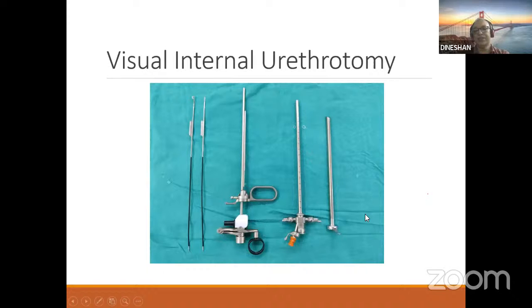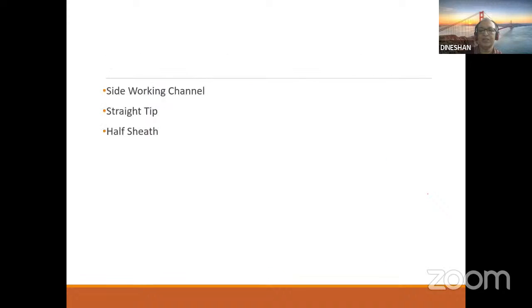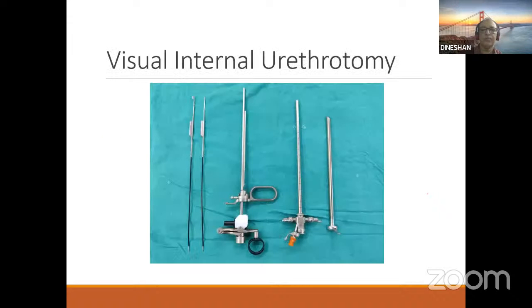The advantage of the half sheath is that once you cut the stricture and take the whole scope out, sometimes your catheter may not go inside because the urethra, the stricture, will collapse, and it will not allow the catheter to go in. So once you assemble this with the half sheath, and you complete the incision, you can take out the assembly with the working element and retain this half sheath there.